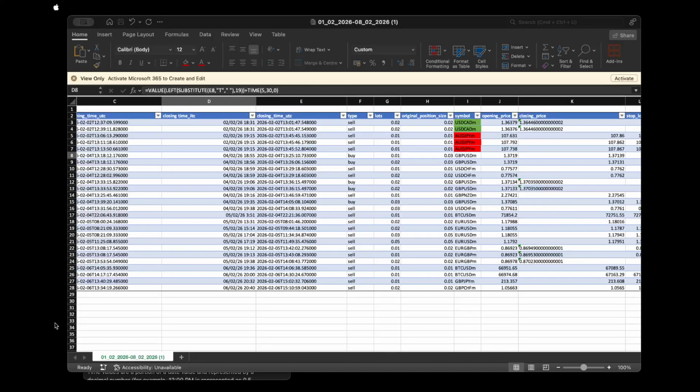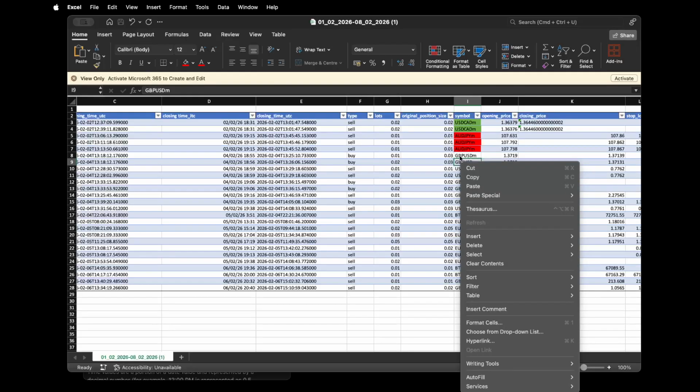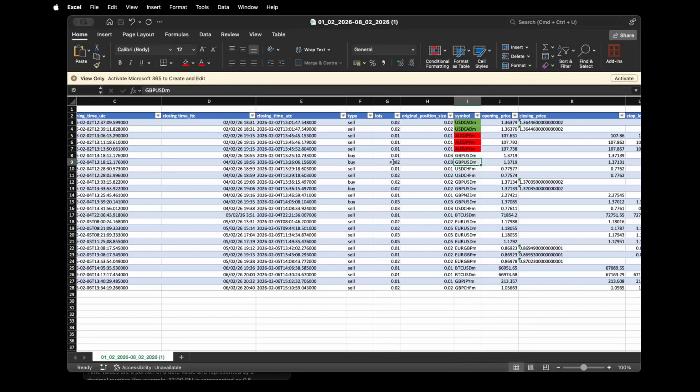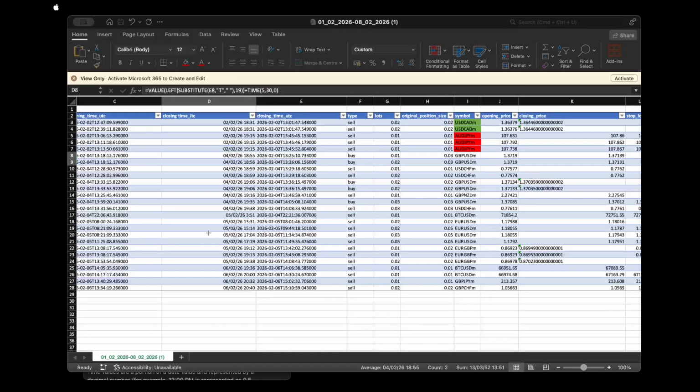Hi again, so we are continuing the video from here. The second trade that we are going to analyze is GBP USD. We took a buy of 0.01 and 0.02 lots on GBP USD on 4th of February 2026. If we go to a higher time frame, we will see the trade was taken somewhere here. I don't know why I took it, but